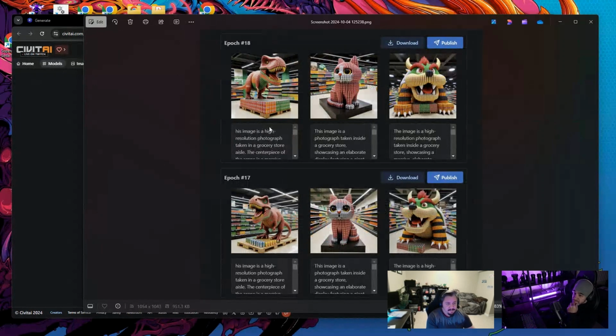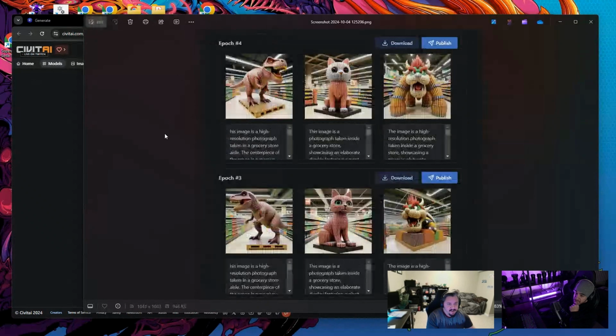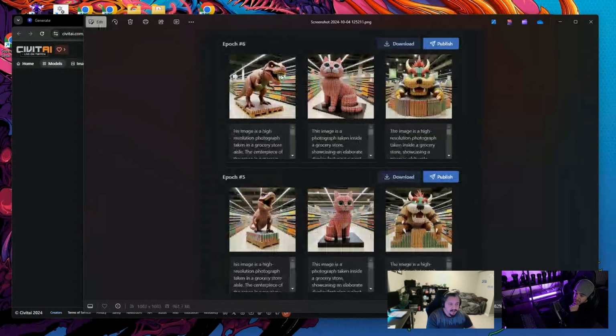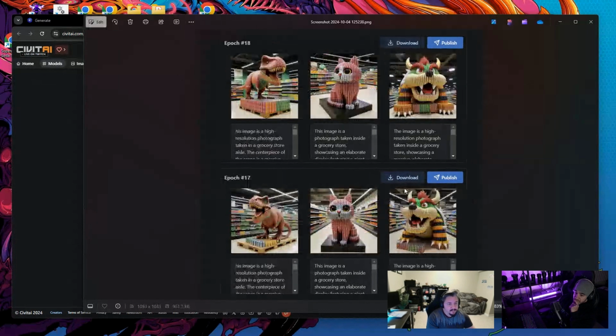So, sometimes, like if I had more than a day to test and play around, I'd probably try in the lower 4, 5, 6 epics to see how that looks at full strength. Because it does look okay. But once we got up to 17, 18, 19, I knew it had the concept down.